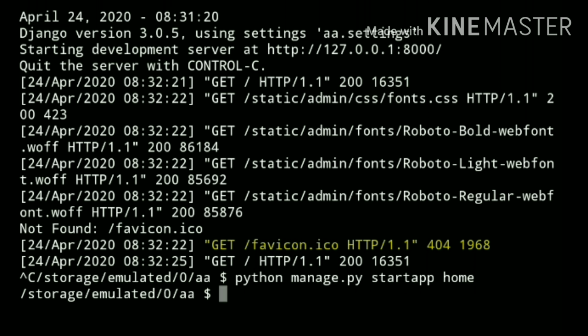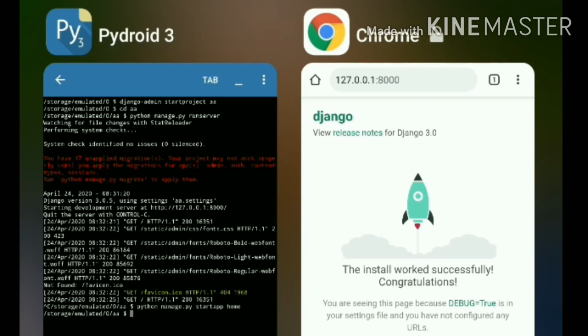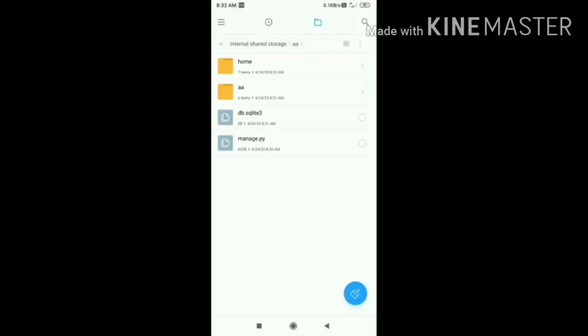So let's check what we got in the file manager. Here we can see another folder named home, the name that we have given to our app, and inside this we got some files, and we will talk about these files later while using them.